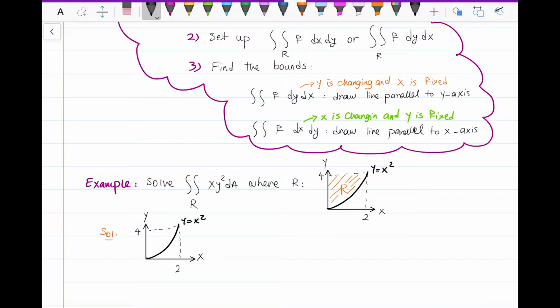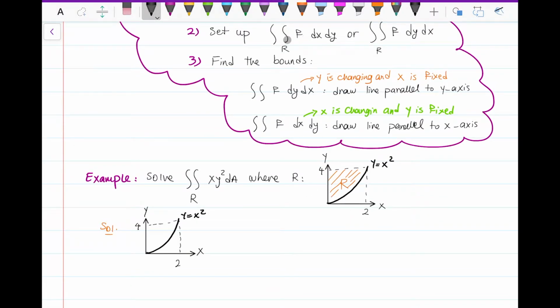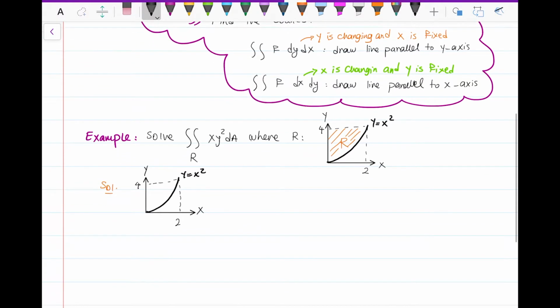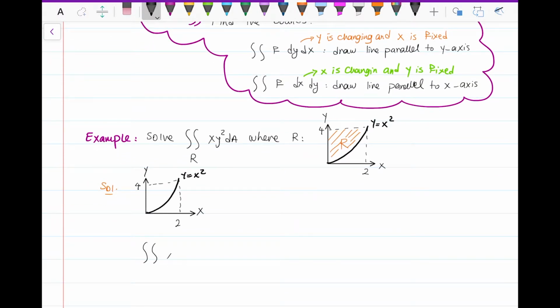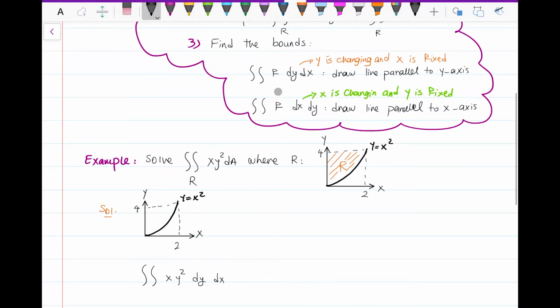This is the first step. And the second step is to set up the integral with respect to x first or with respect to y first. Let's do it with respect to y first. So we have the double integral of x y squared dy dx. Now I want to find the bounds. When we have dy dx, this is a similar situation as before, so we need to draw a line on the region R parallel to the y-axis. So the region R is here, so I'm going to draw a line like this,